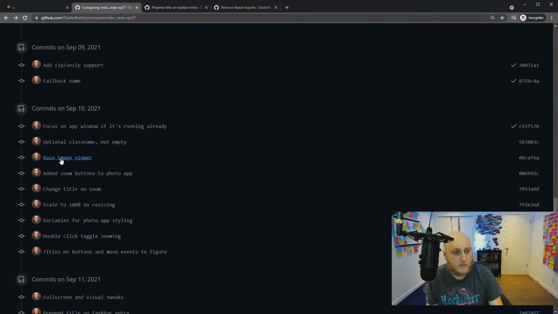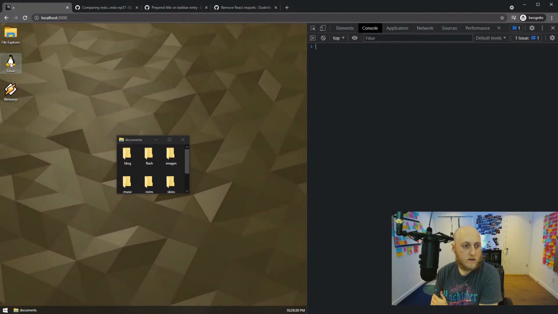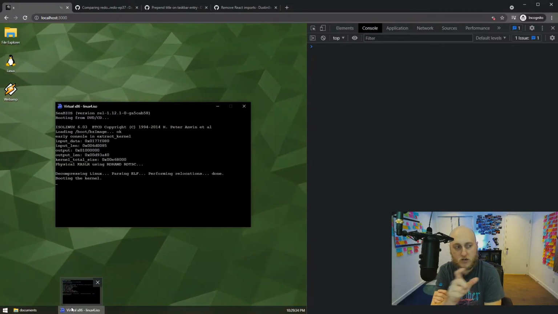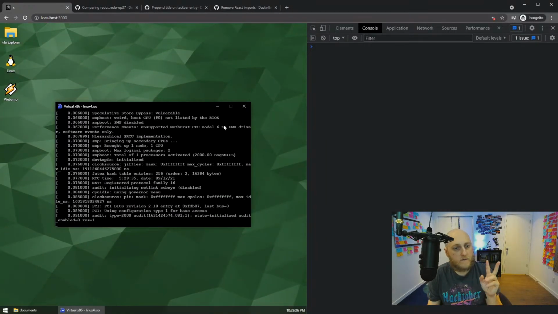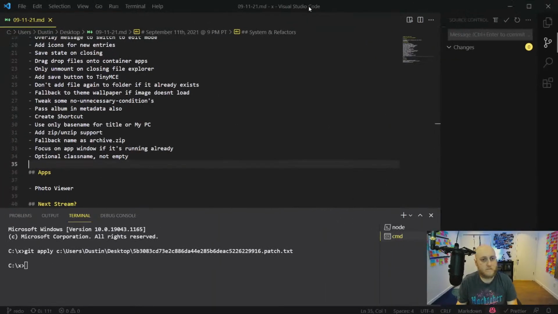Maybe I'll apply this base one and then I'll just use the other files. So first let's do these other commits because these are easy enough. One feature was for the taskbar entry here, you see, like, let's say I open this here. So that the name is like app-file. I just wanted to add a feature so it can be file-app, basically. And the, I would say, lazy way that I've done it,